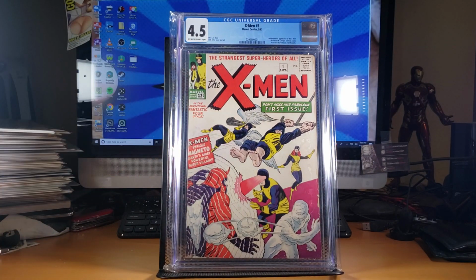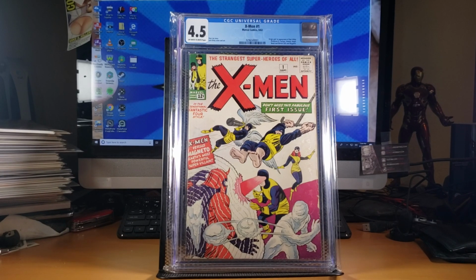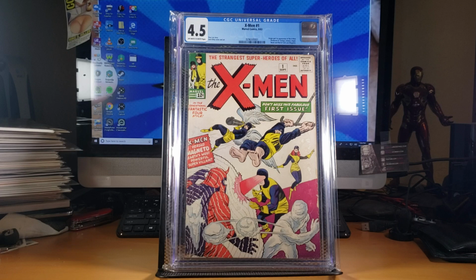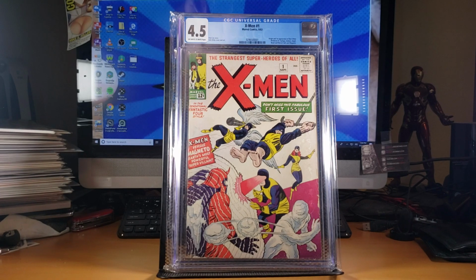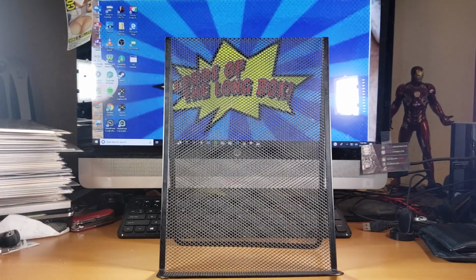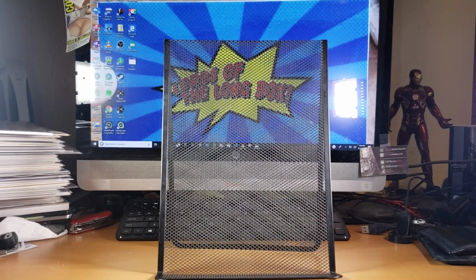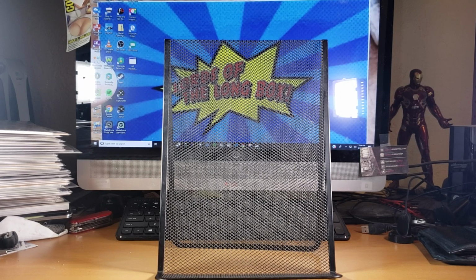Got X-Men number 1, off-white to white pages. Yummy. First appearance of the X-Men, origin, and the first appearance of Magneto. So yeah, just definitely one of my favorites to have in the collection. Awesome. Where are we? Oh, a couple more left, guys. Right beside me, we got